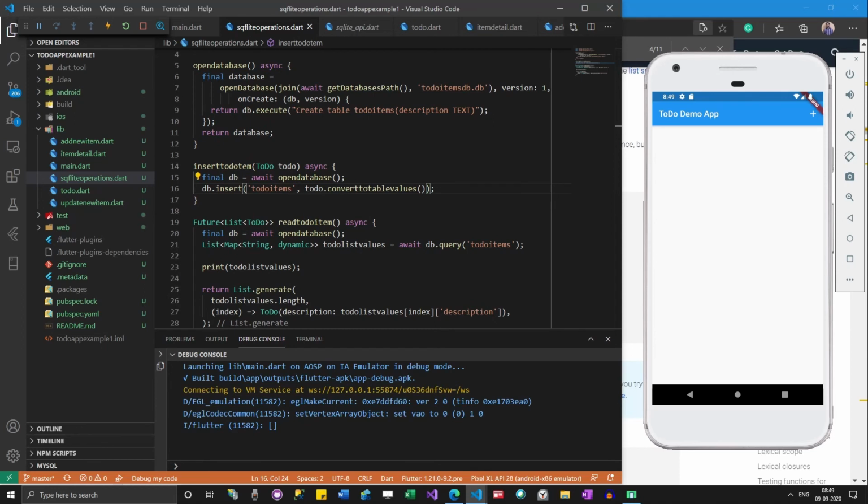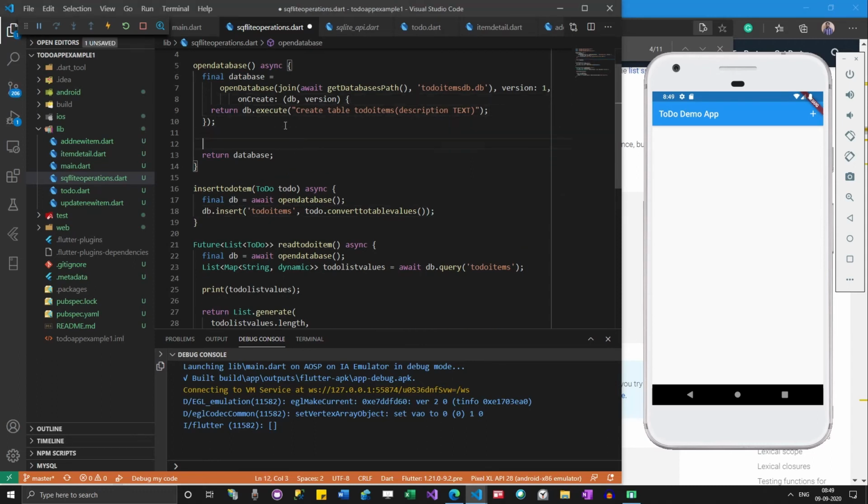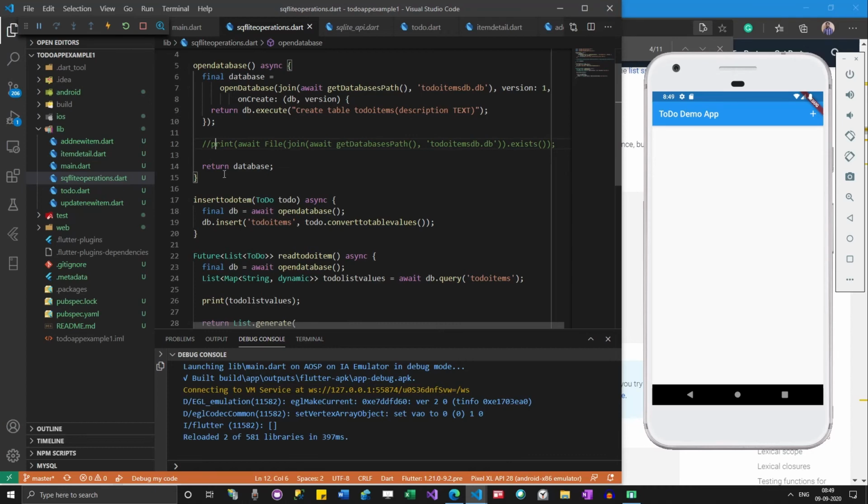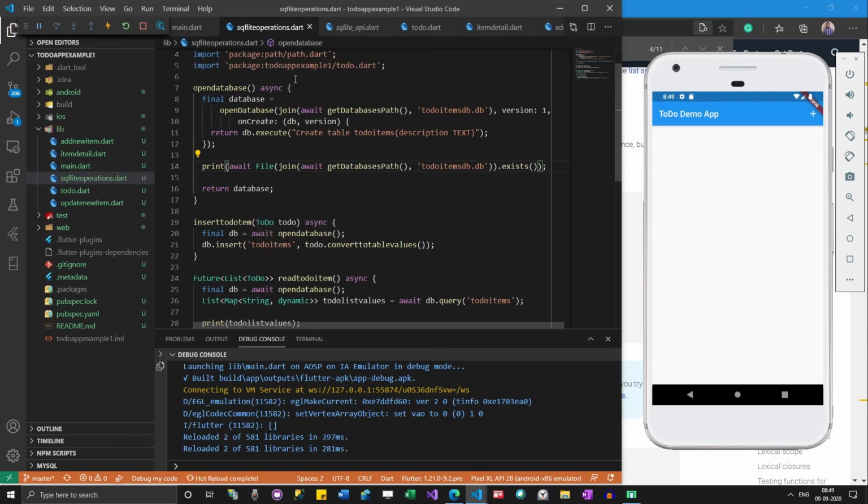Before that, let me check whether the actual database exists or not. I can do that using this part of code. Once this is run, I can just go here and import the necessary statements, the todo items table.